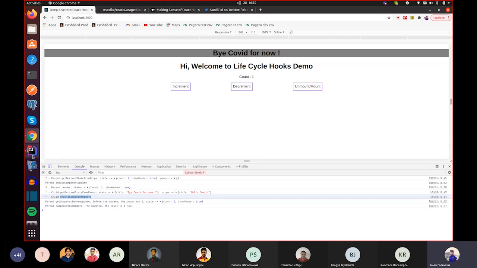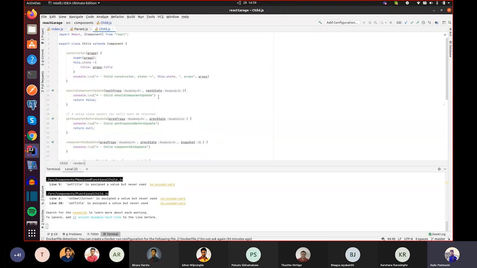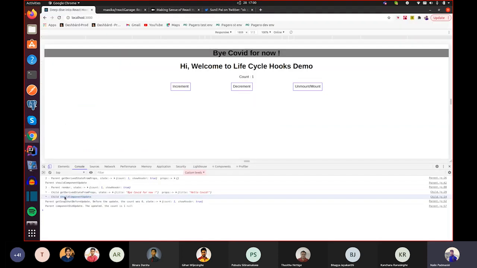Let's see why that is. Here, there must be a return type, whether true or false. So I have added false as the return. If you return false, then that's why my methods have been stopped at shouldComponentUpdate, as I explained earlier in that slide.